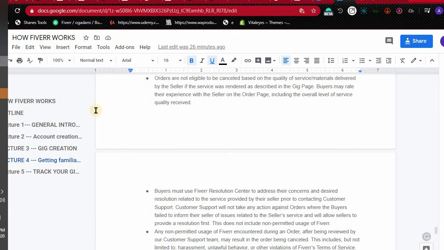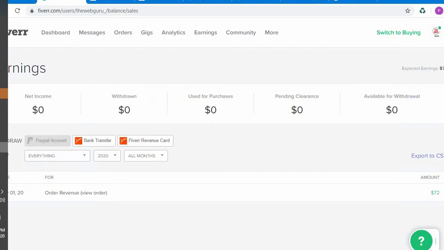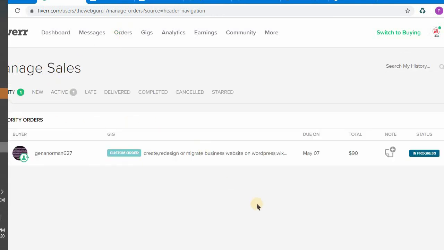Now let me show us how the resolution center works. Let me take us back to this page. So now here is the order page. I have only one order, which is this. Now assuming I want to